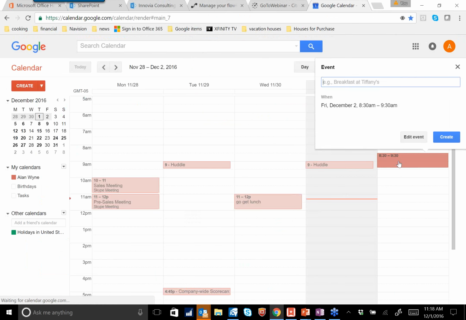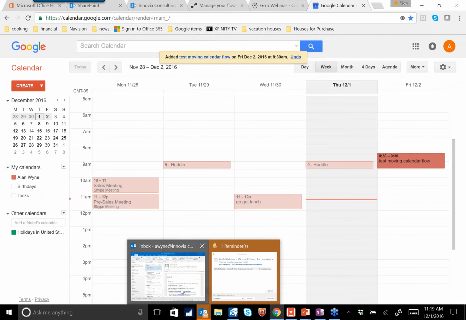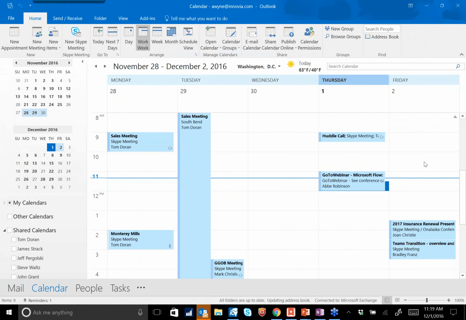And I'm going to go ahead and tell it, look, I want to add something. So we're going to test moving calendar flow. And I'm going to save that. So it's on Friday, and it's at roughly 8:30, it looks like. So if I look at my calendar over here now, at some point shortly, what you're going to see is